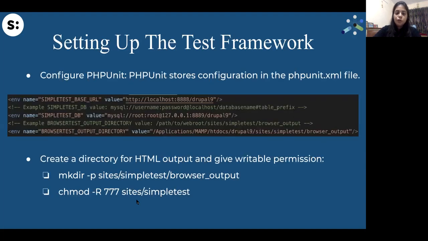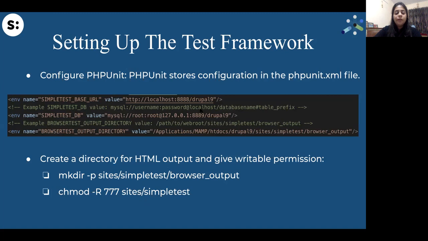Before moving to the tests in detail, there's one more important step that you need to perform before you actually start to write your automated tests. You have to set up the test framework on your local machine, so that whenever you write a test, you can run it locally. You can verify that you have written the test as per your expectation, that there is no mistake, and that the tests are working fine or not. For that, this is really important.